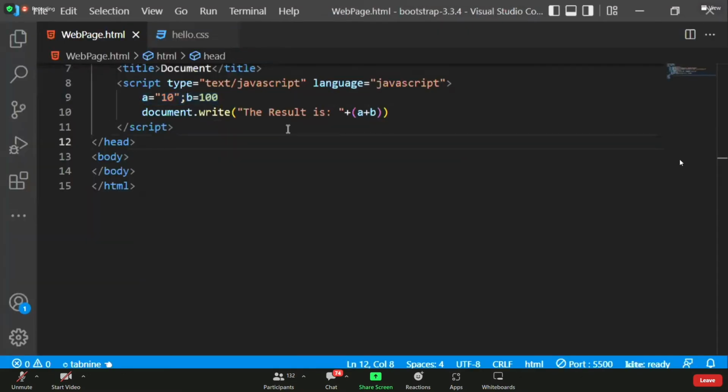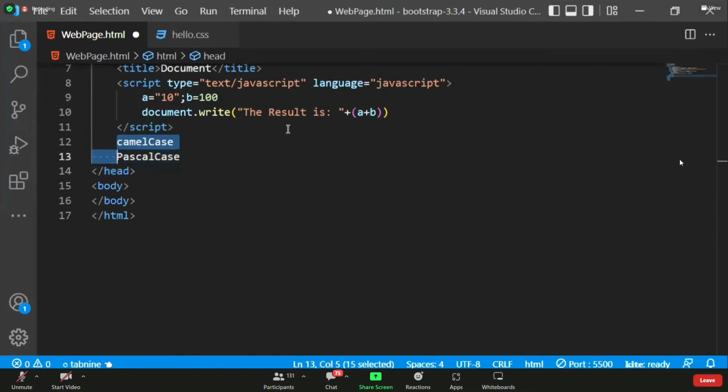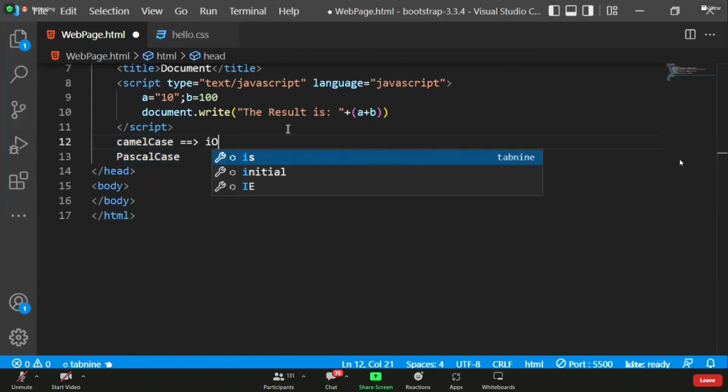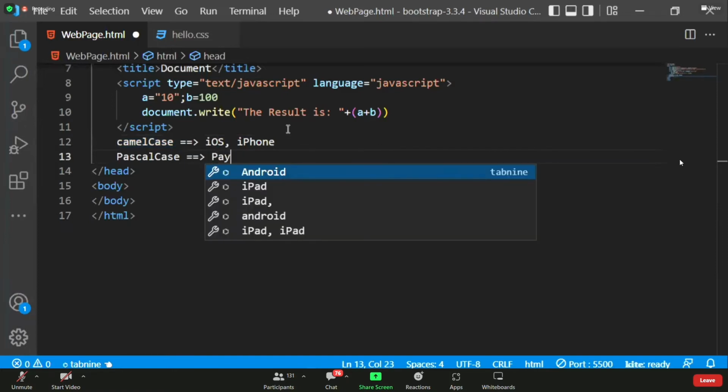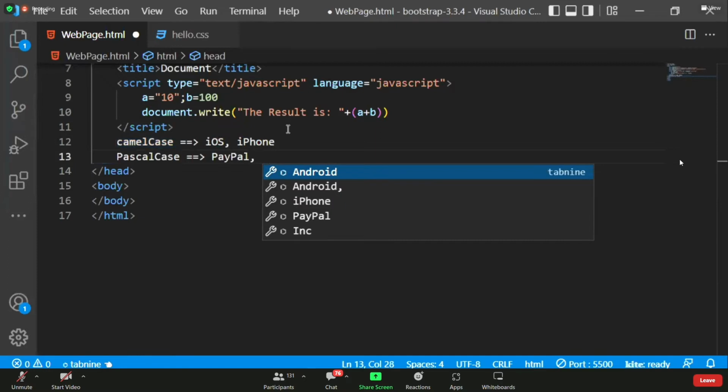I'll try to show you. There is a camel case and there is a Pascal case. Observe the difference. For example, camel case means what? iOS, camel case. iPhone, camel case. Pascal case means what? For example, PayPal. Are you understanding, remaining members? Are you understanding that one? Pascal case, camel case, meaning